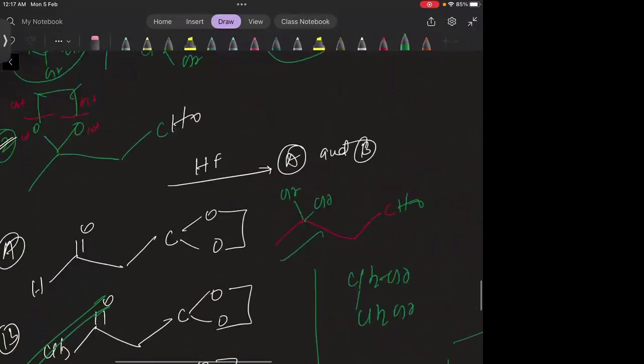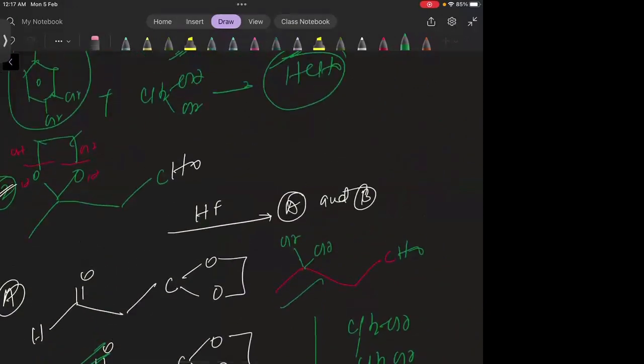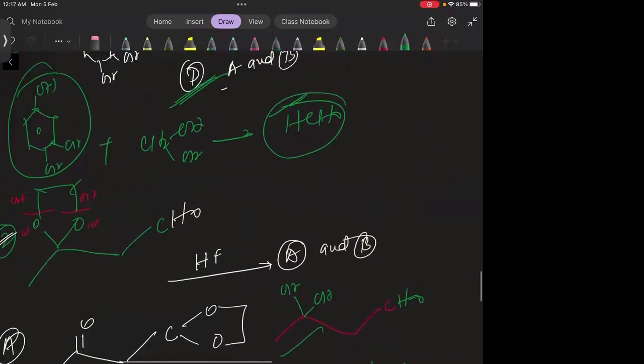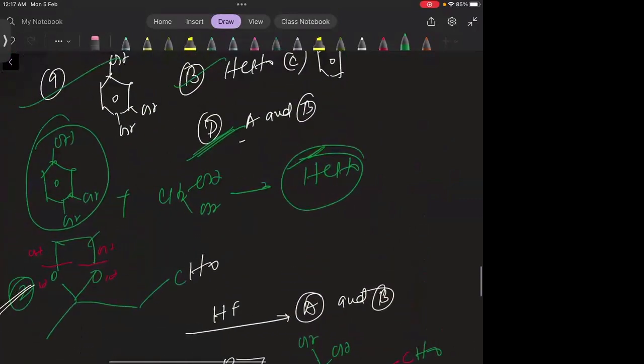Okay. So I hope you understood how to form the hemiketals, acetals, and ketal formations. Students, once you understand it,